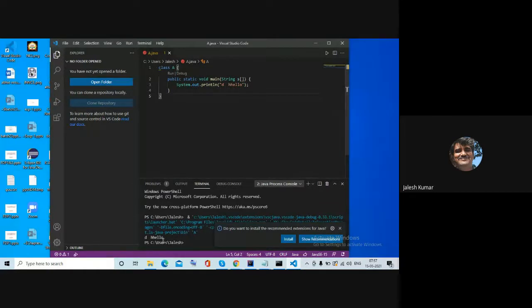See this? You got the output, hello, as I typed. That itself we are getting. So this is how you can program using Visual Studio.